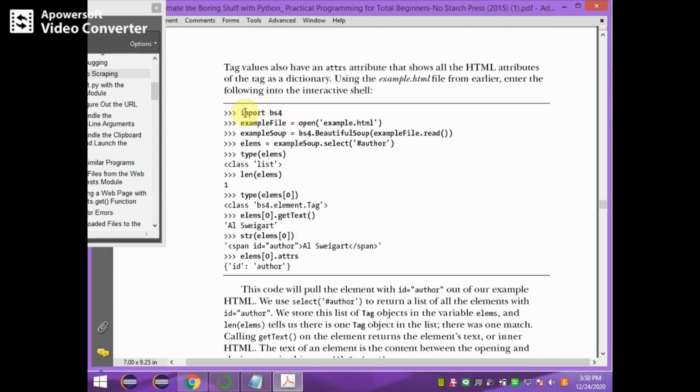For example, in this program, you import the BS4 module, and it opens example.html and stores the file descriptor in example file.